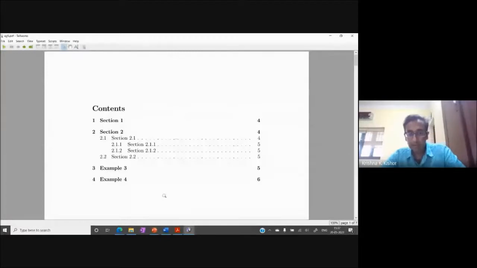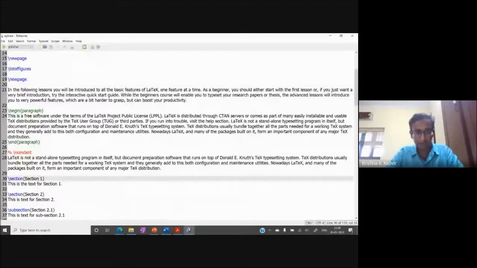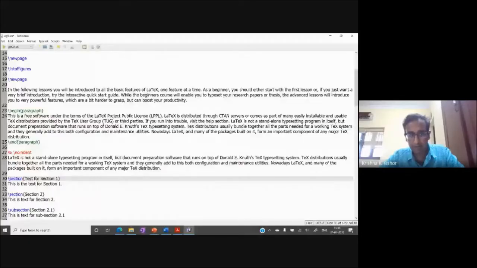And even if you change any section heading, like now, if I want to go to section 1 and type "test for section 1", you change the heading for section 1, but automatically it will get reflected in the table of contents as well. You don't have to worry about it.